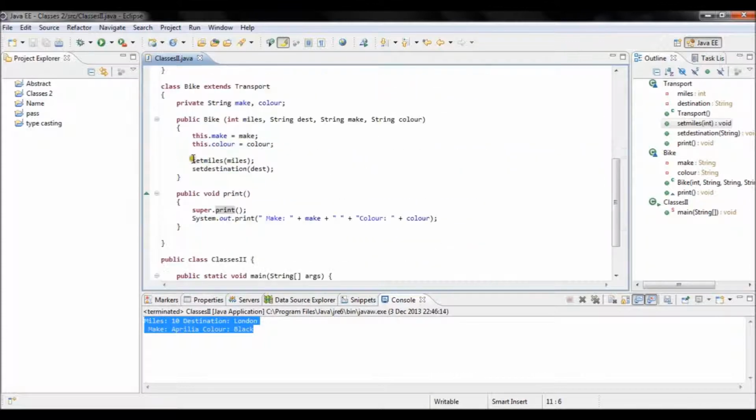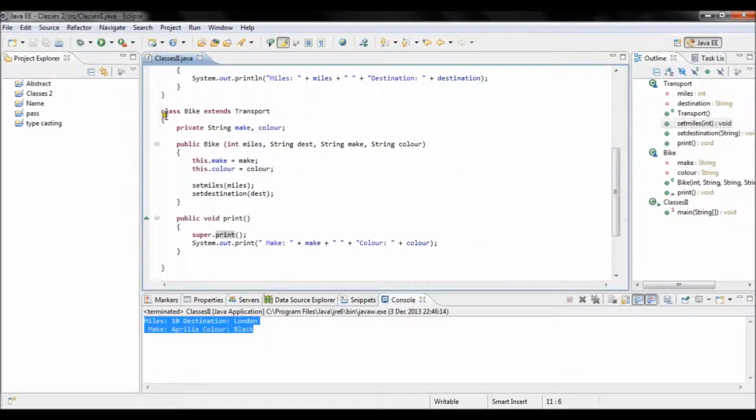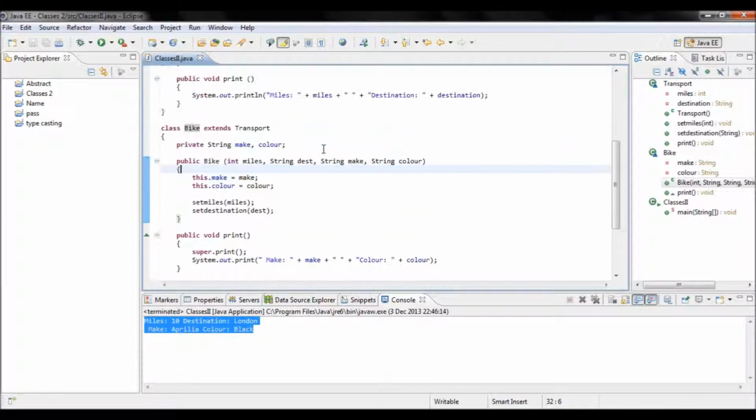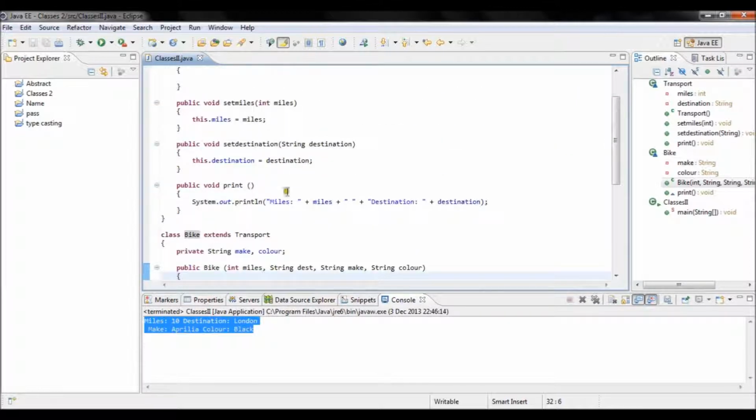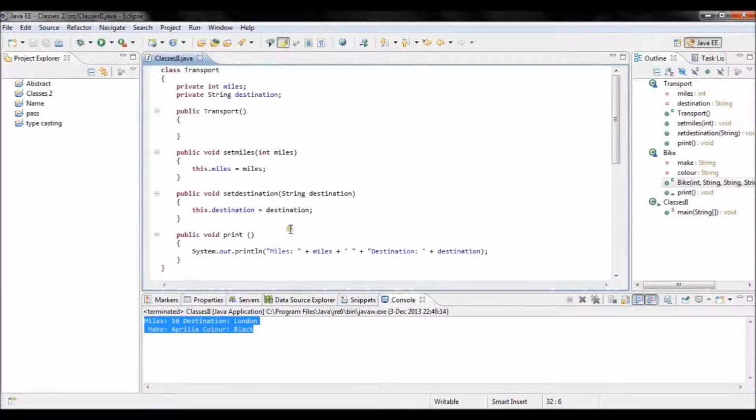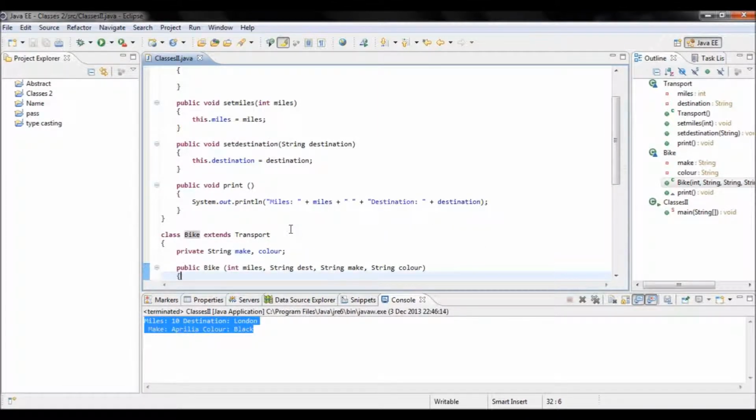But you can have more classes as well. I showed you just an example, but you can also extend the transport class to many more transport types. So there's one bike, and you can also have a car or whatever a user may choose, for example, which he wants to use or stuff like this. So it will depend on what type of information you want to input to the class, what type of information you're interested in, and stuff like this. Anyway, this is pretty much the end of this tutorial. I showed you how to do the inheritance, how to override